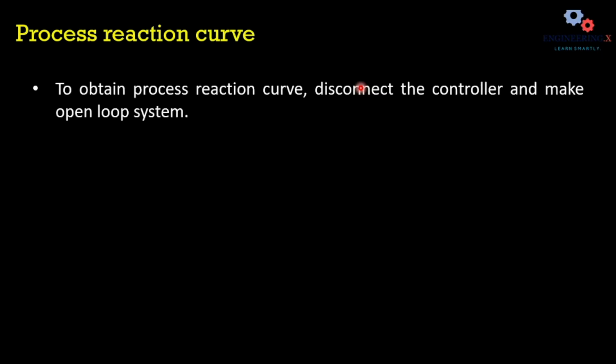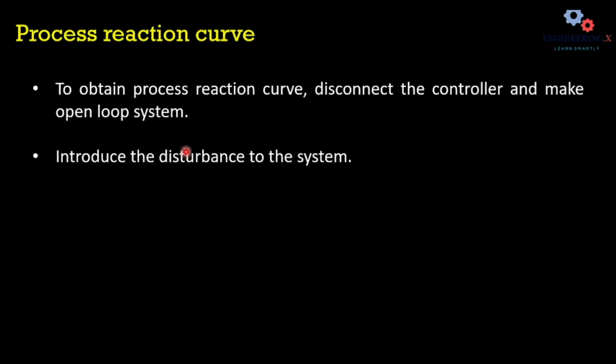There are many different methods to tune the controller, and one of them is to obtain the tuning parameters by drawing a process reaction curve. And how can we obtain this reaction curve from an already existing process? You simply have to disconnect the controller and make the control loop in the form of an open